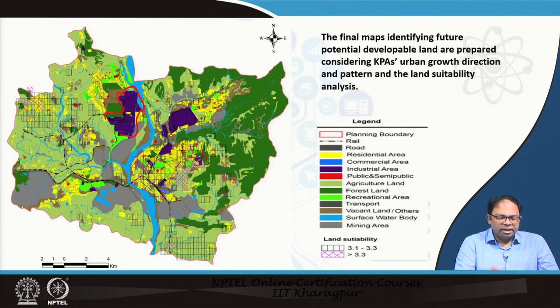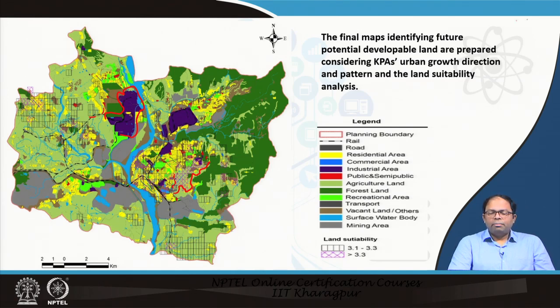So, now we see that these particular cells where we see a hatch pattern are the areas which are suitable, and we see these are some of the areas where we suggested future land use extension or future land use development for this area. So, we proposed our land use in those particular areas, meaning new developable lands in these particular areas.